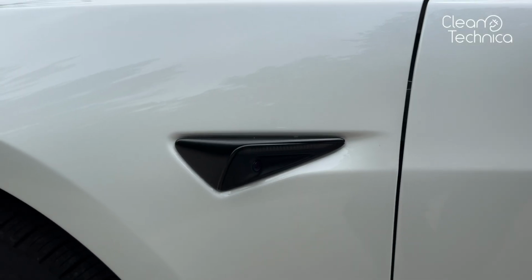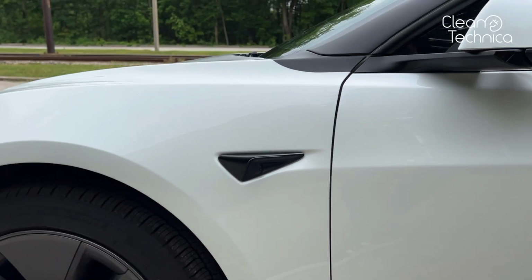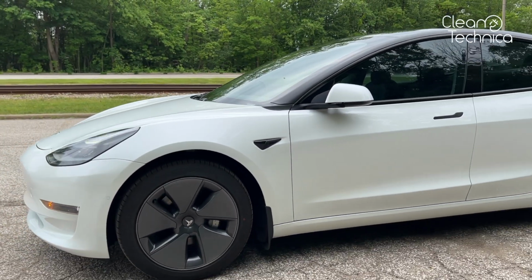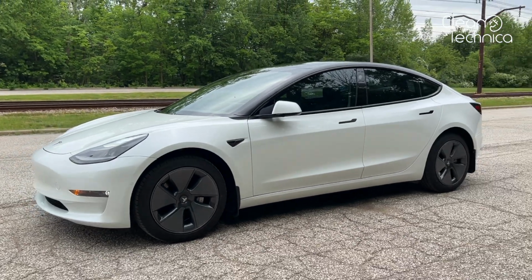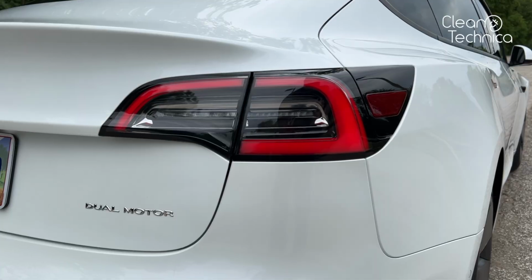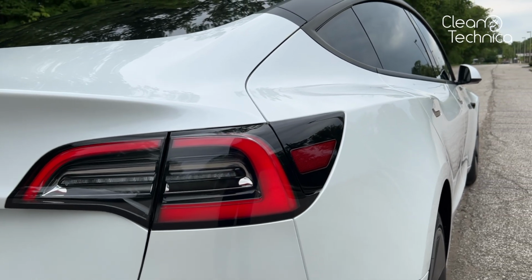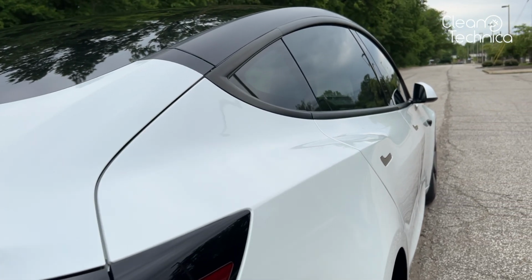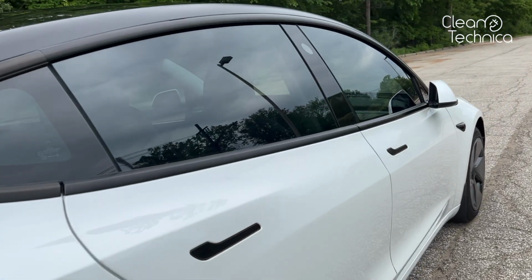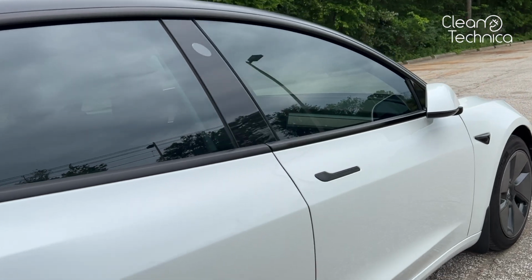So now let's talk cons, because every vehicle on the road has pros, cons, and just some quirks that make the vehicle very interesting. With our Tesla Model 3, we definitely have some cons that we've noticed in the first 4,000-plus miles of ownership. The first one is something that has plagued Tesla for a while. They have definitely improved, but we are noticing this on our 2021 Model 3 as well: fit and finish